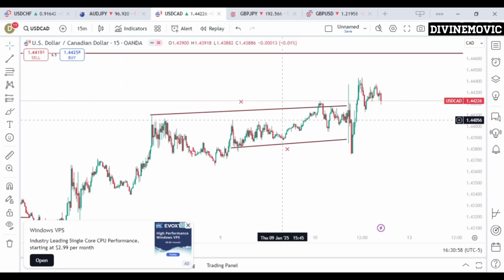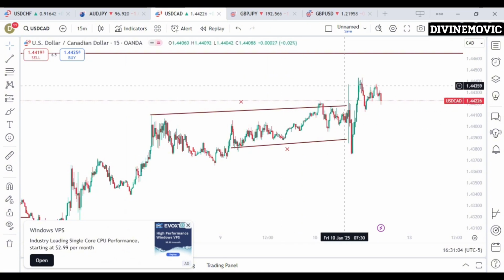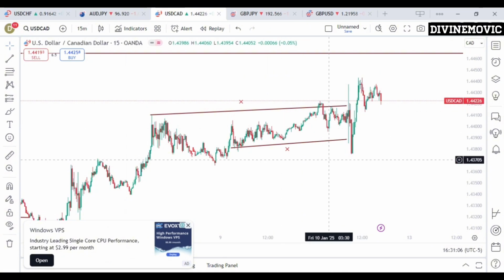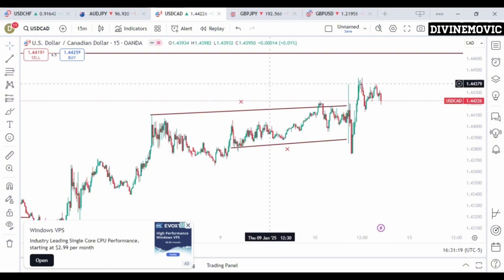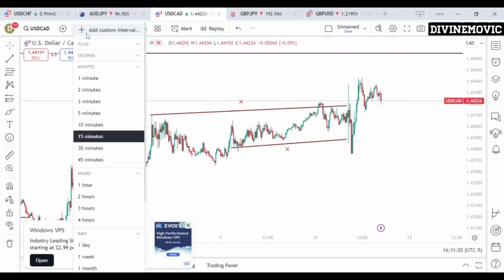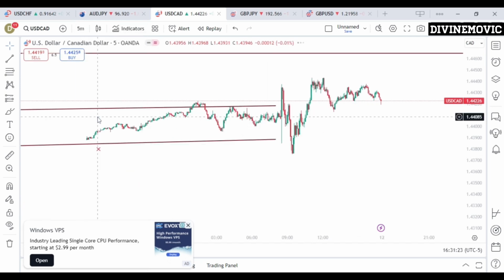And how liquidity works is that price have to make a fake move for price to make an actual move. In this case here, the price first of all took out sell side liquidity and then went for the buy side liquidity, giving us indication that price is still going to be in an uptrend. Now it's left for us to go to the 5 minutes time frame and look for an opportunity for an entry, right? Now on the 5 minutes time frame, we want to simply see a reason for us to start